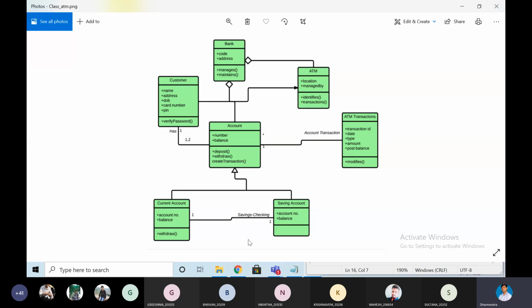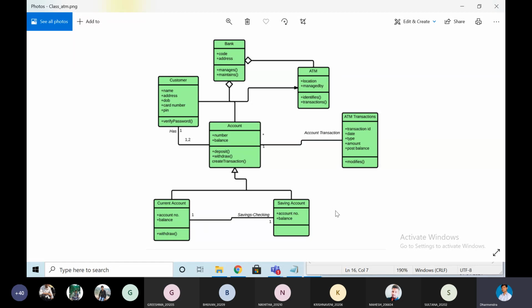Class diagram is the overall diagram for the total organization. But for the use case diagram, we have to draw for each and every class. If you take an actor and the services, for example, ATM, how can the actor access the services? What are the services we are going to represent? If you take actor with bank, actor with account, actor with current account, actor with savings account.